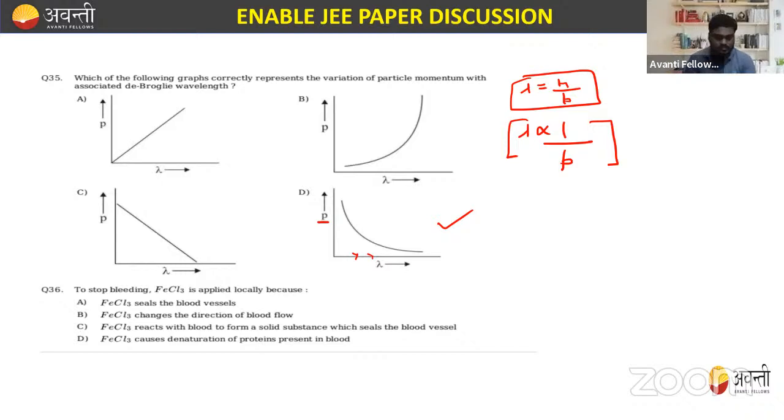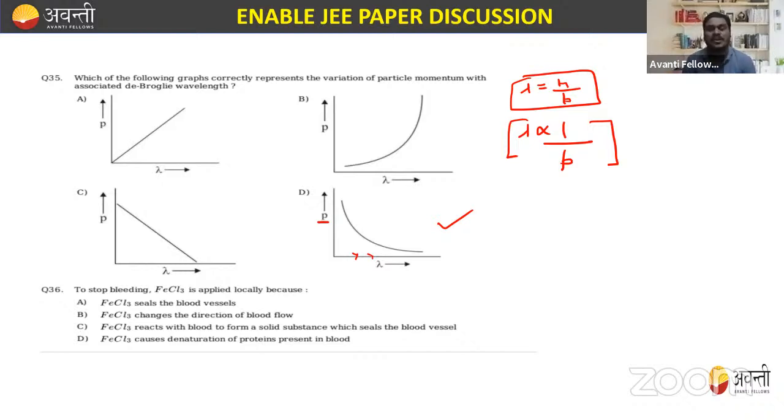Okay, now what is the next question? The next question states that, beta, to stop bleeding, FeCl3 is applied locally because: FeCl3 seals the blood vessel; FeCl3 changes the direction of blood flow; FeCl3 reacts with blood to form a solid substance which seals the blood vessel;